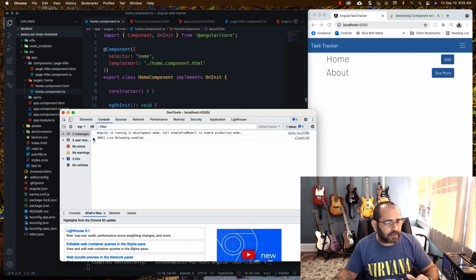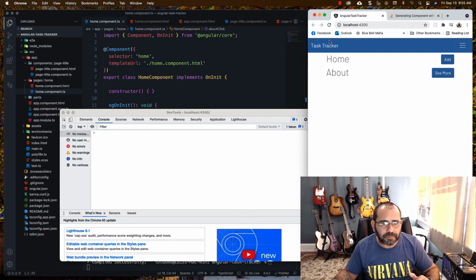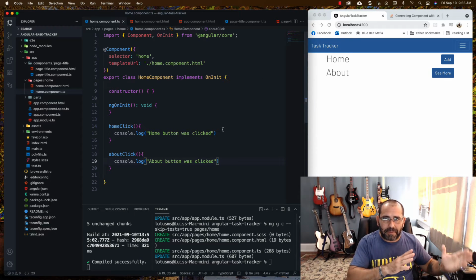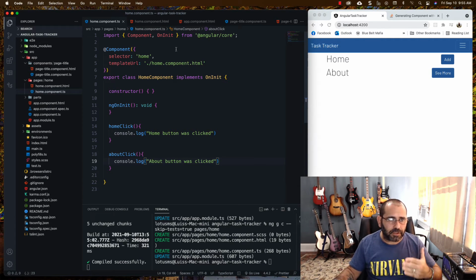Let's bring in our console here, and this already should have refreshed. So if I click the add button, it says home button was clicked, and if I click the see more, it says about button was clicked. So you can see now how it works. If we backtrack what we did so you can understand it,